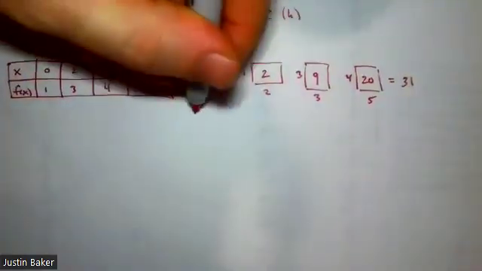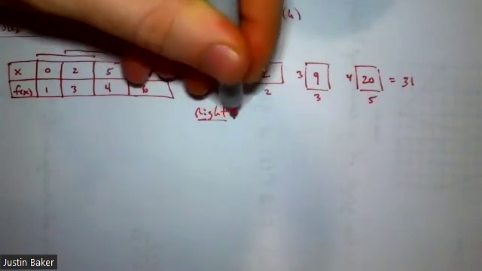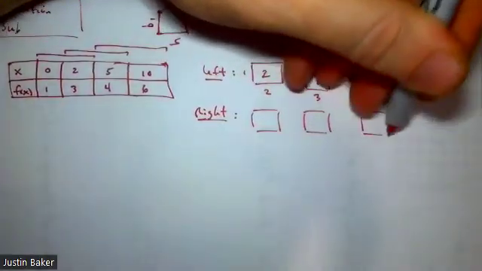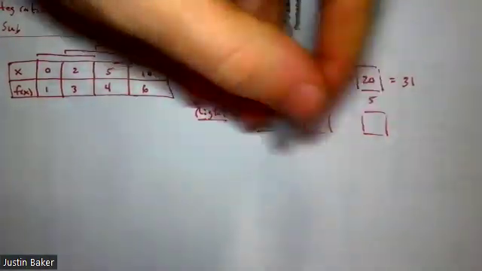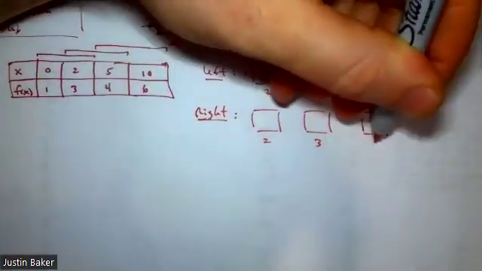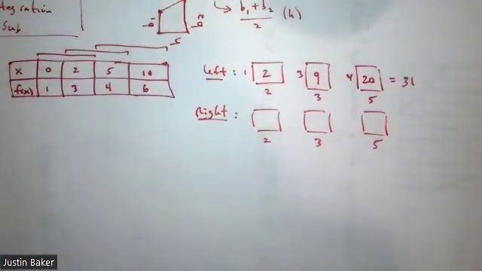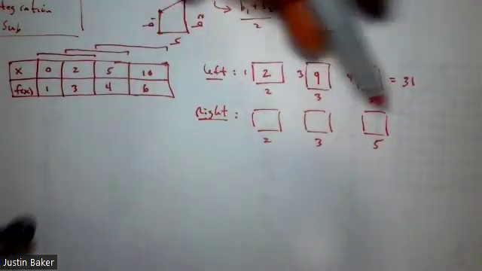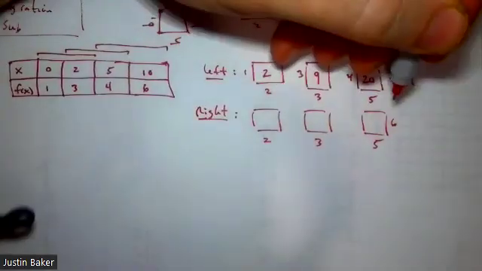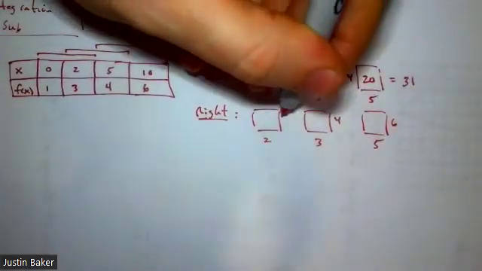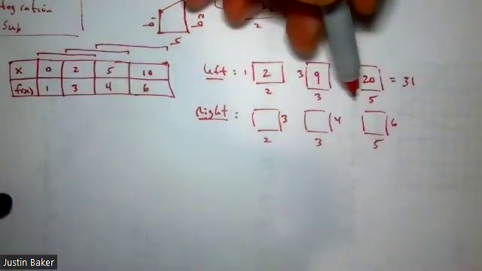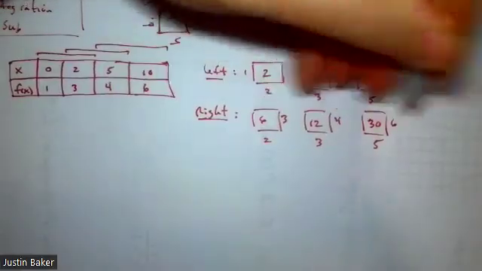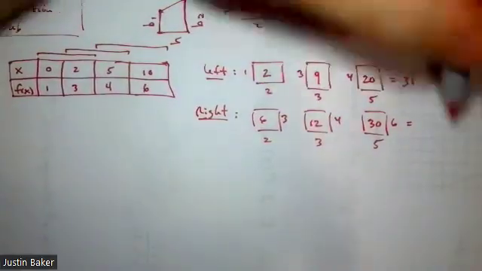If we're doing a right Riemann sum, we're going to do the same thing. The widths aren't going to change any. This is still 2, 3, 5. But for a right Riemann sum, we want to start from the right side of the table. So that's going to be 6, 4, 3, and then you would find your areas accordingly. So that's going to be 6, 12, 30. So that's going to be what,